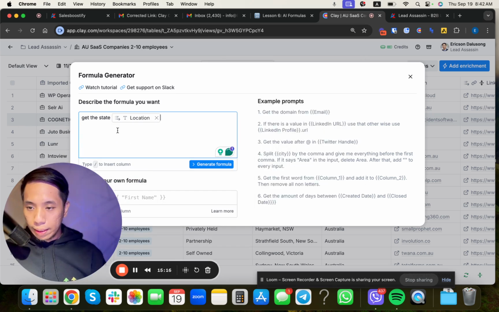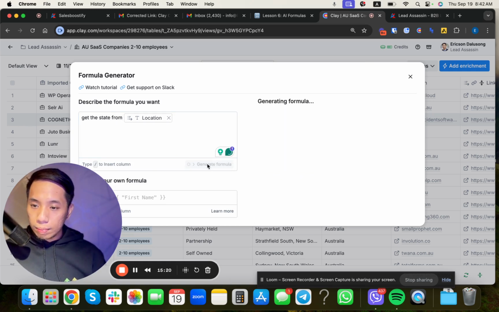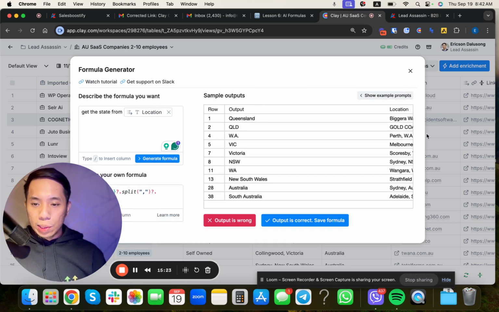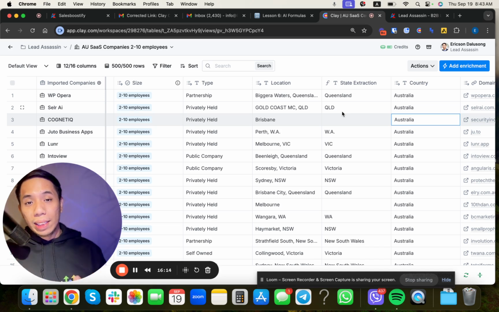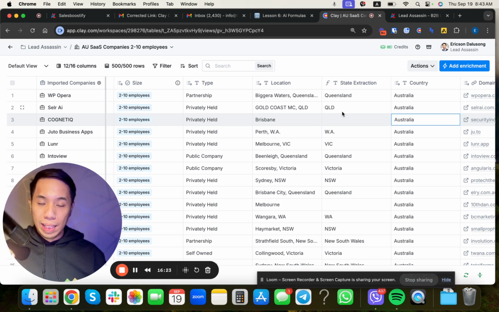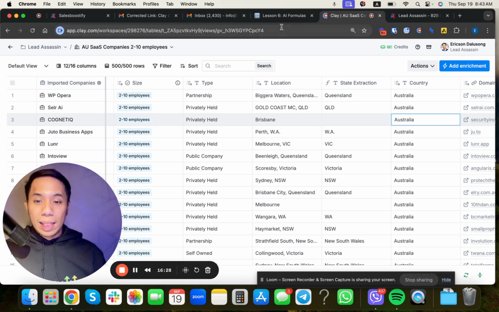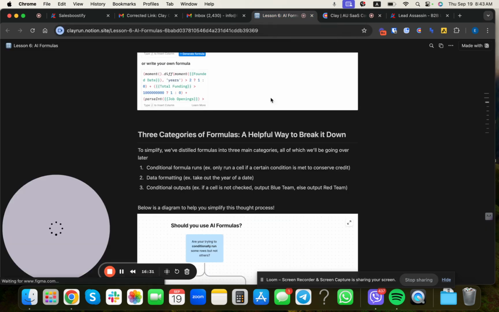Get the state from location. All right. So this is the sample output. And we're gonna save this one just to make sure that it is correct. So I see that most Clay users are using ChatGPT for that kind of process, but yeah, you can use AI formula just to extract a specific data from a specific column. So that's how you can use the data formatting.